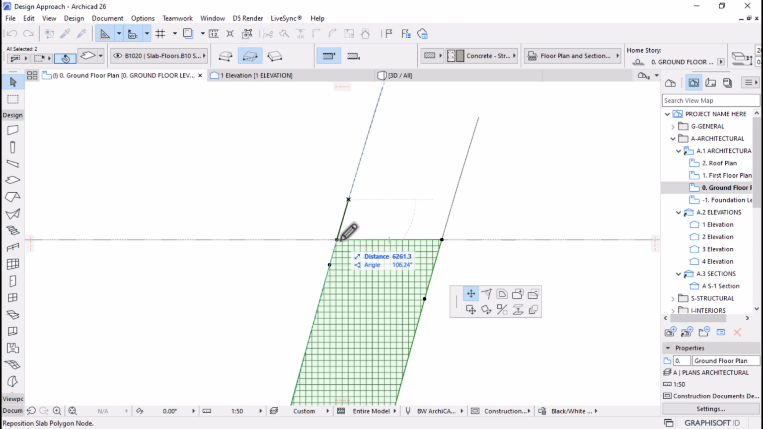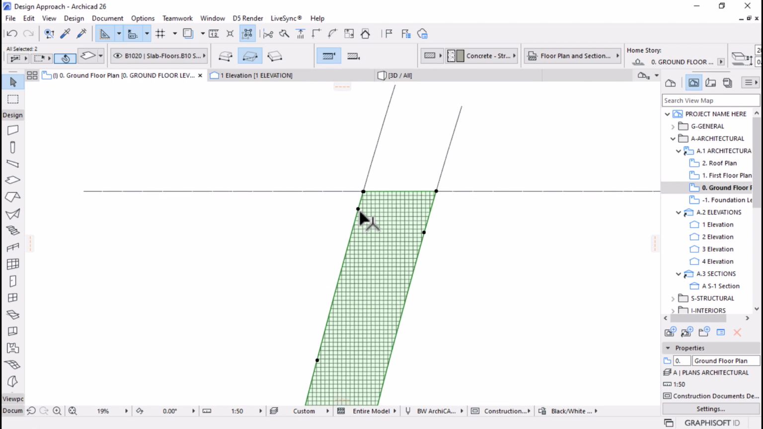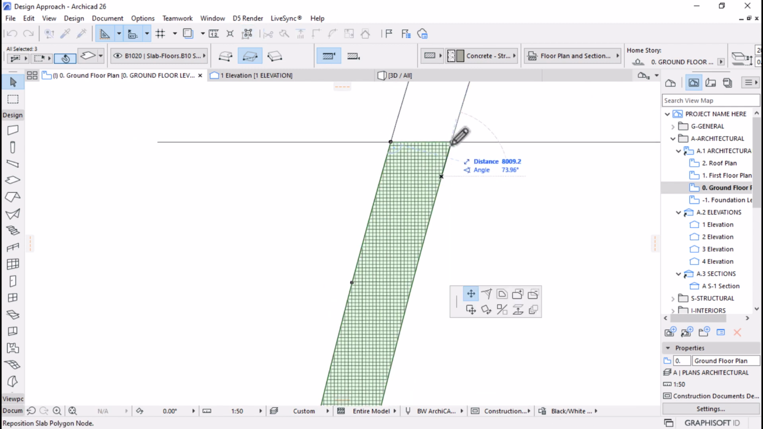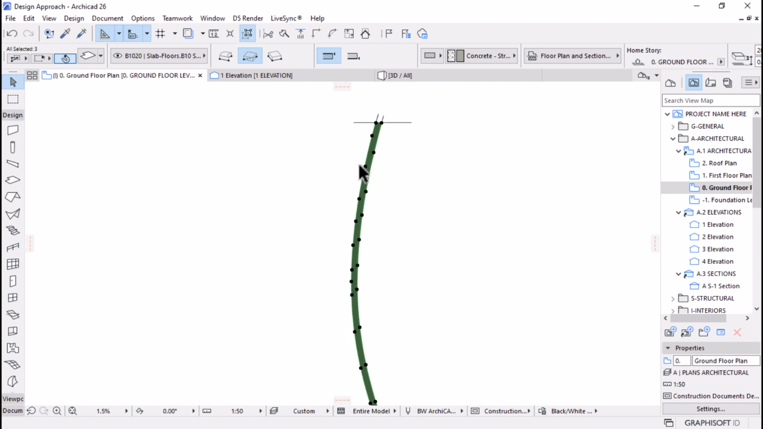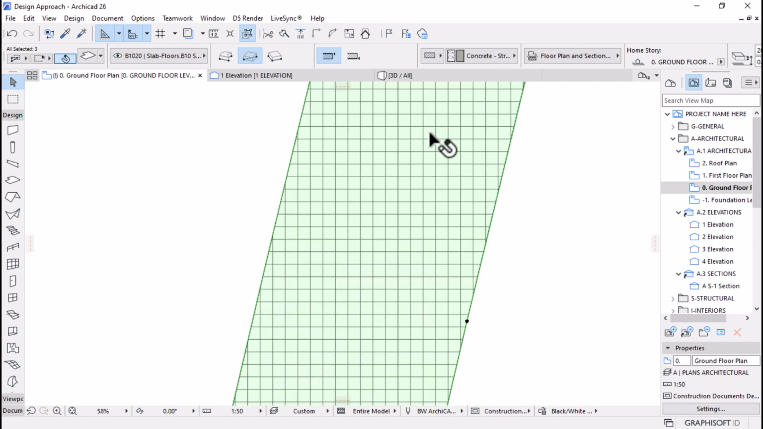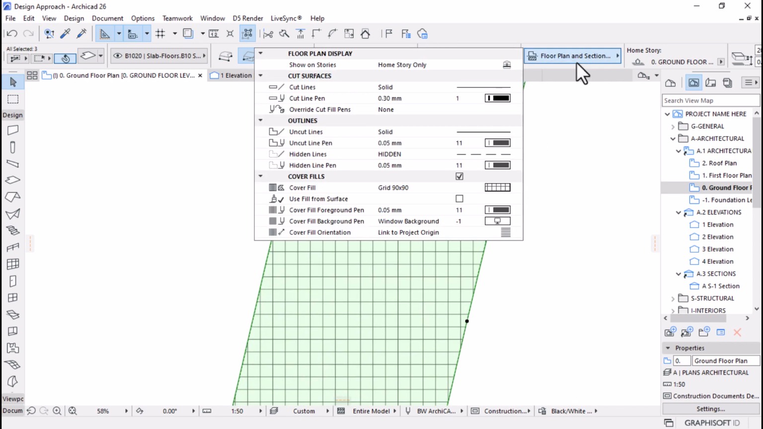By all means, try to avoid too many points within your file, because this point is unnecessary. You can kill it. Same applies to this one. All right, and then let's set this to, I don't like the feel for this. I can go to the floor plan section from the info box and then switch off or uncheck the cover